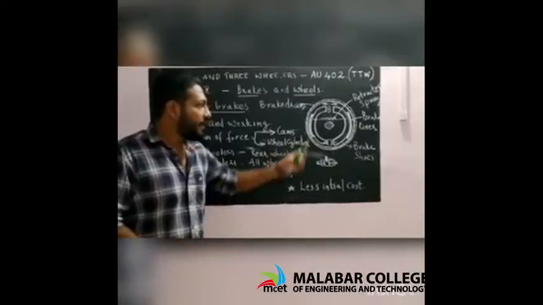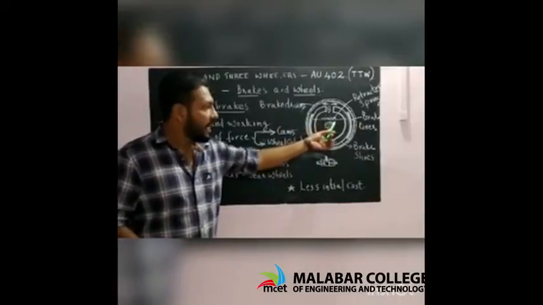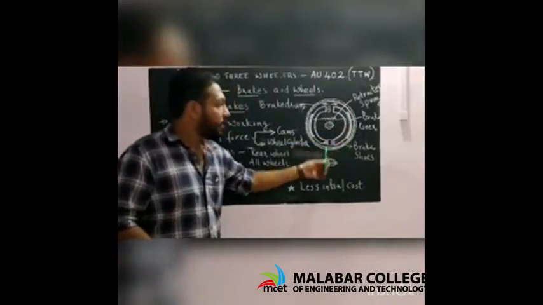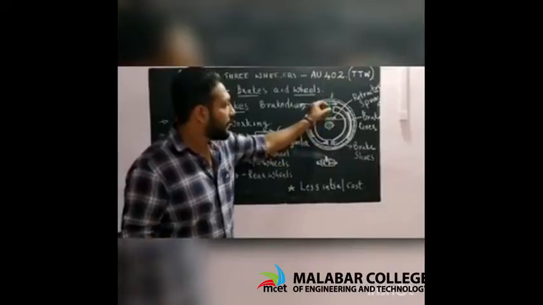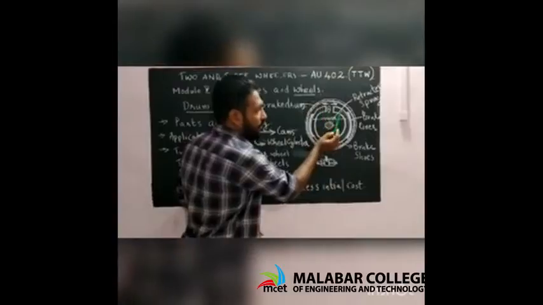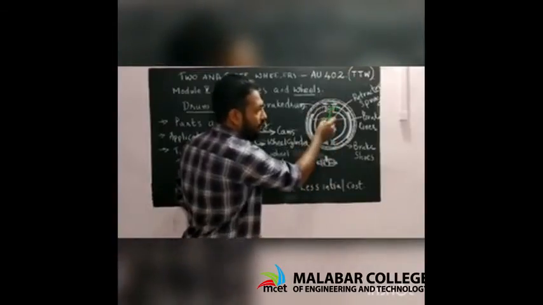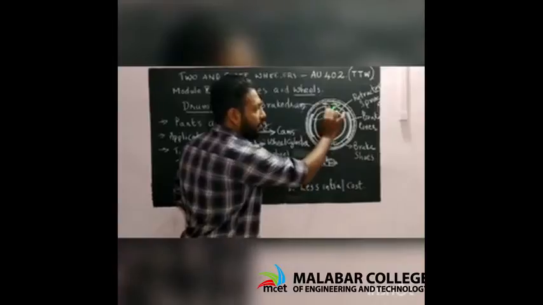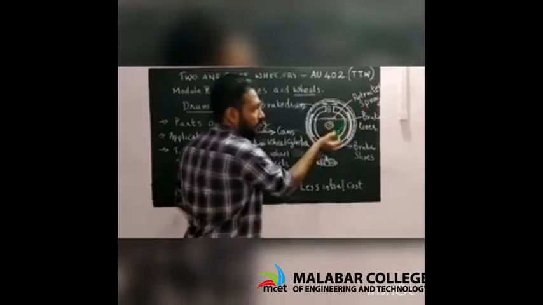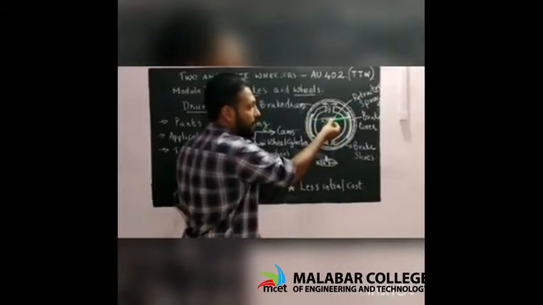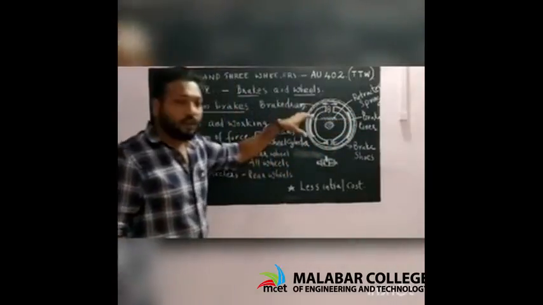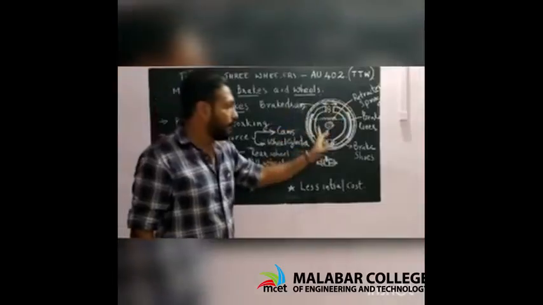Now we can see the function of a retractor spring. This retractor spring keeps the brake liners away from the drum. While we apply force, the cam will rotate in this direction. So that will push the brake shoes in both directions. When the cam is rotated in this direction, it will apply a force on both the brake shoes, and the brake shoes are pushed towards the drum. And when the force is released, this retractor spring brings back the brake shoe. That means the spring will always keep the brake shoes away from the drum. This is all about the working and parts of a drum brake.